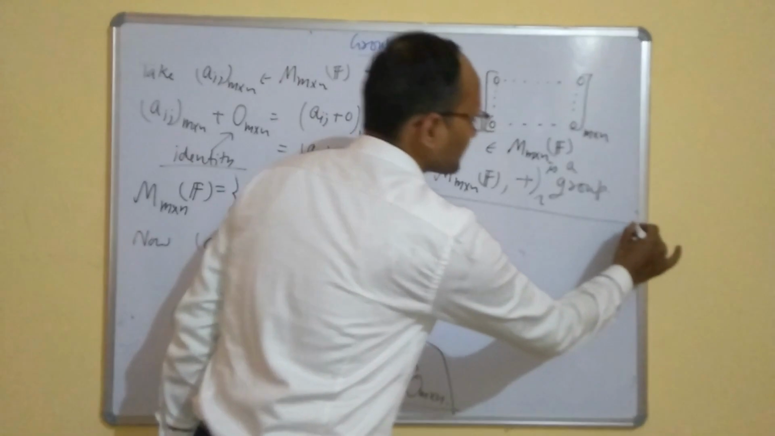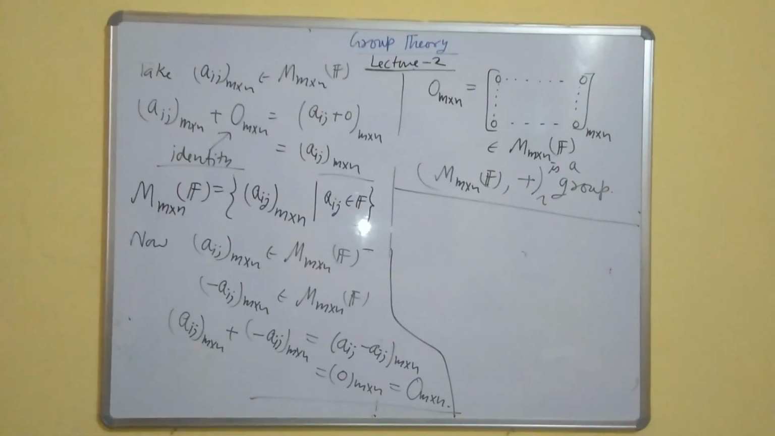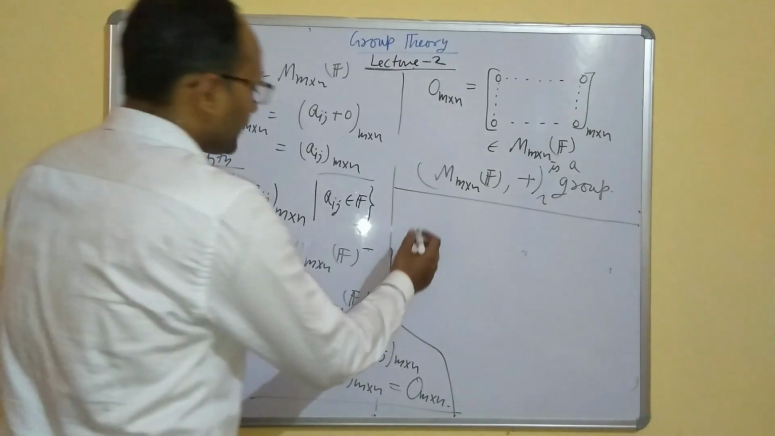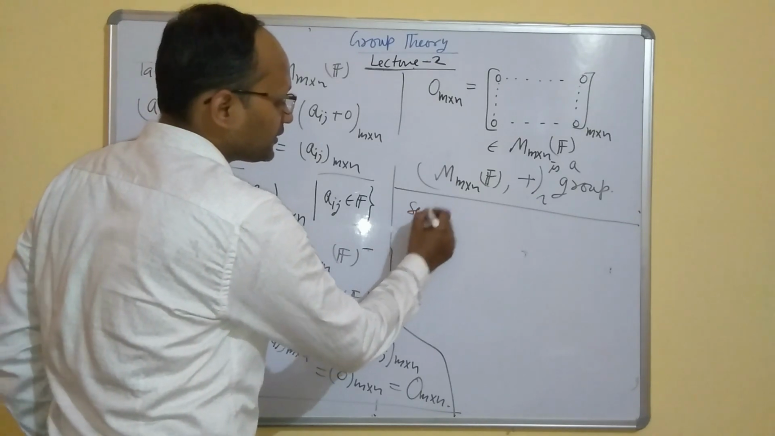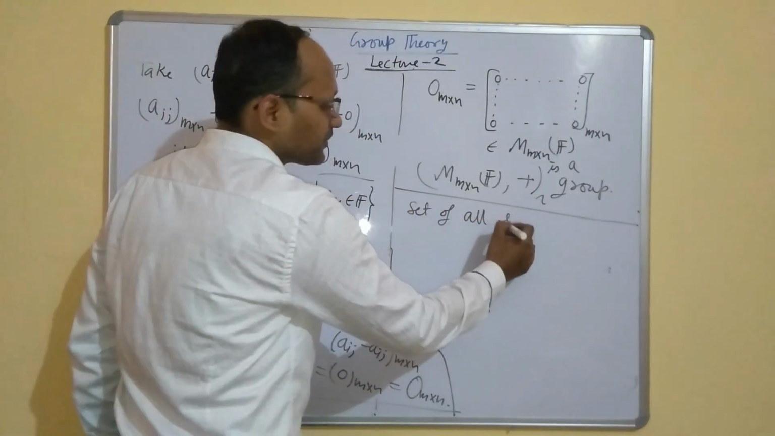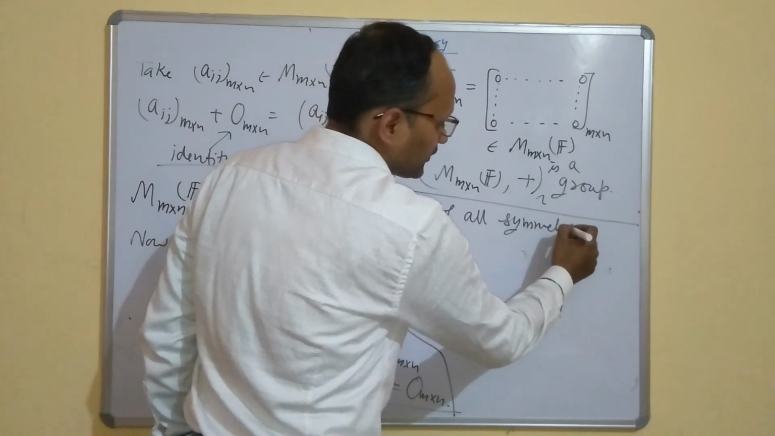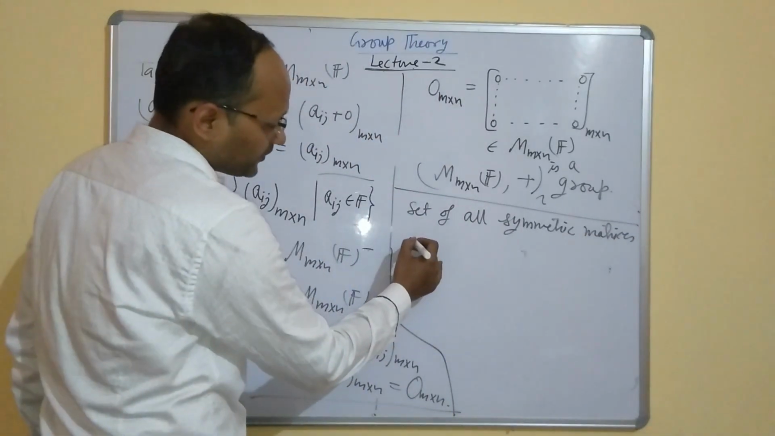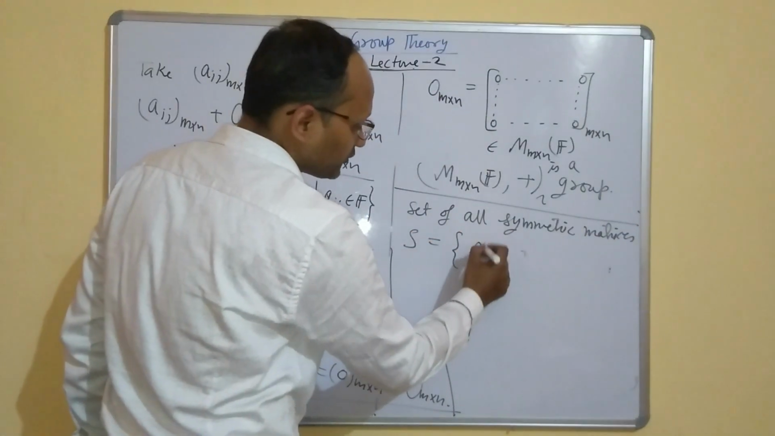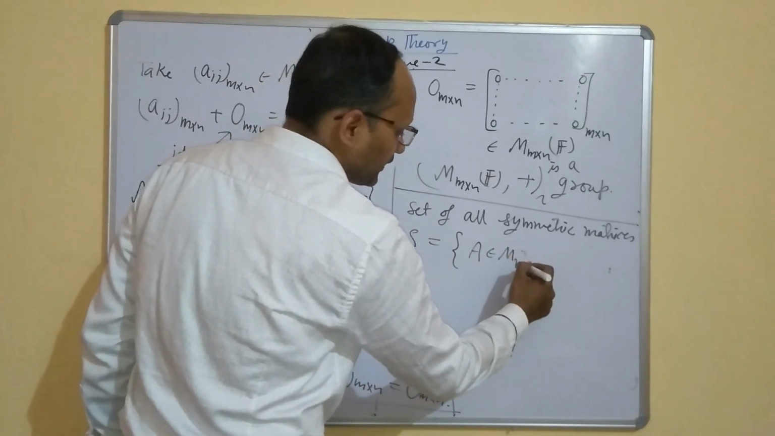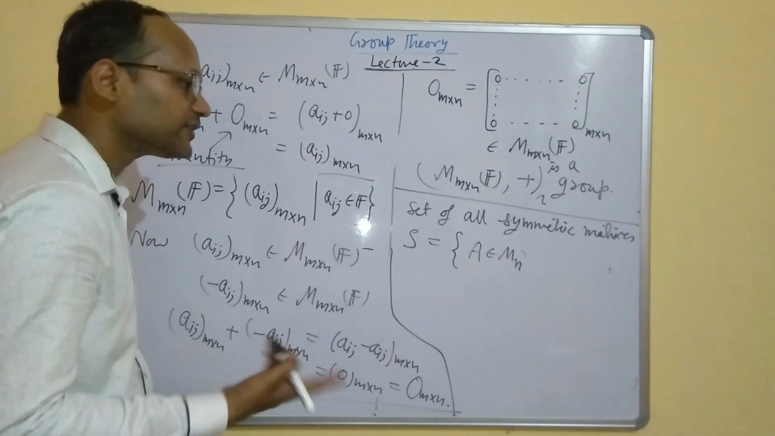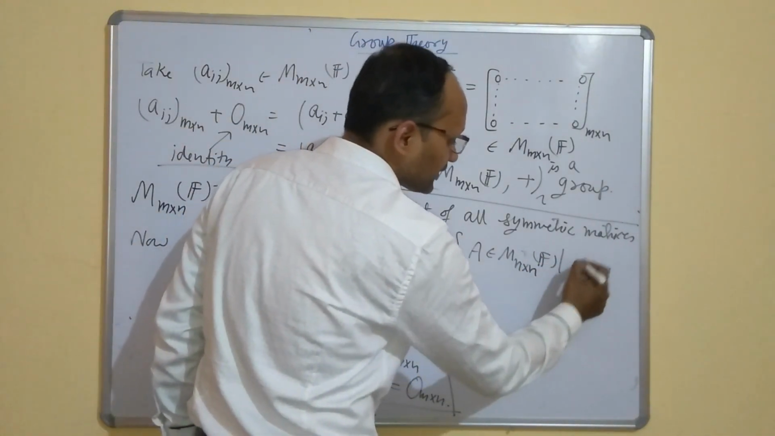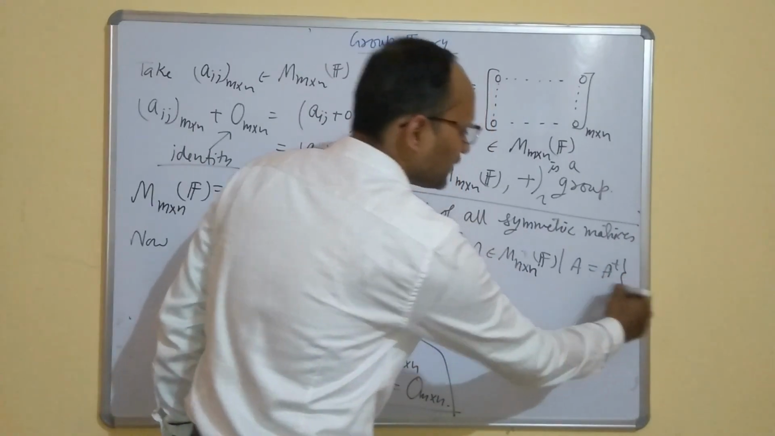As we have done this, in the same way we can also show that if I take the set of all symmetric matrices, let me give some name S to this set, those A in M. For a symmetric matrix you need to take a square matrix. So suppose I take it like this, such that A is equal to A transpose, then you can show that